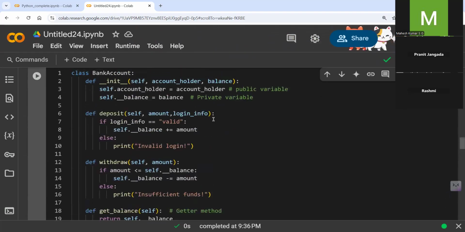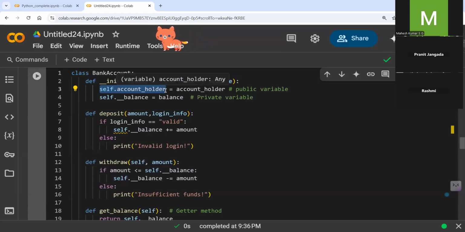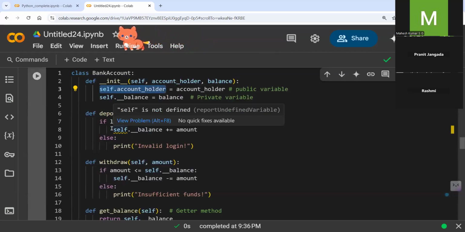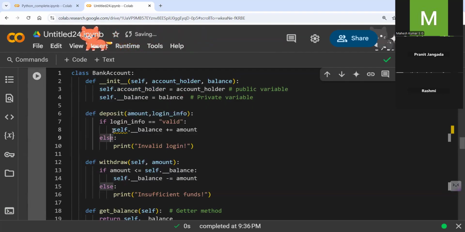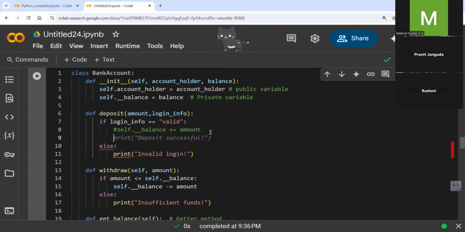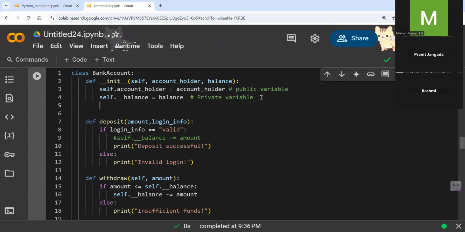What if we don't pass the self parameter? If you don't pass the self parameter, then you will not be able to access any of the variables. But we can access the method. You can access the method, not an issue. I will show you. And what if we don't initiate the method variables as self, just a normal variable? Wait, I will show you that. This normal variable, if you type,